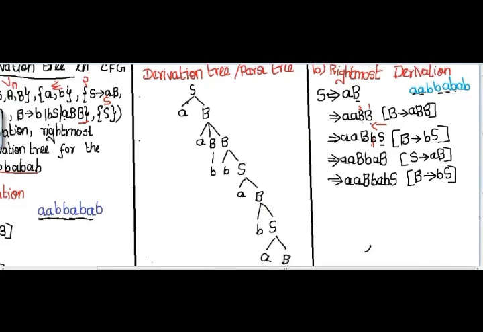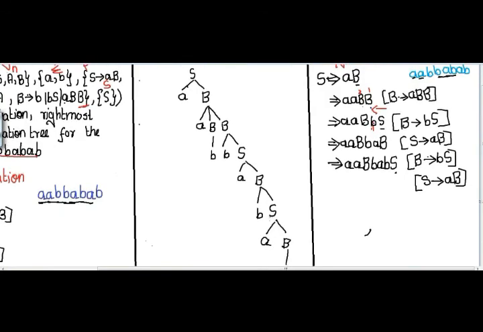Now I completed up to this B A B. The next character I need is A. And here I have the last non-terminal, S, the first non-terminal from the right side. So I'm going to take S tends to AB so that I'll be getting the input A. So instead of this S, I'm going to substitute S tends to AB. And the same thing I have substituted here in this diagram. Instead of this S, I have substituted AB.